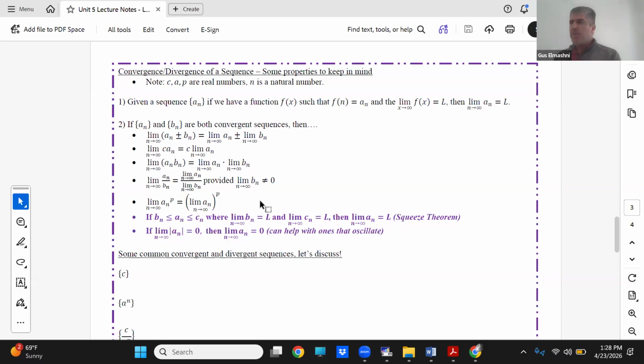And remember we had squeeze theorem back in the day, so that could still apply. I'm not sure if we'll necessarily go down that path again. And with absolute value, if you have absolute value of something, then the sequence will be zero as well. It's kind of like ones that oscillate. You might remember we had sine x over x,